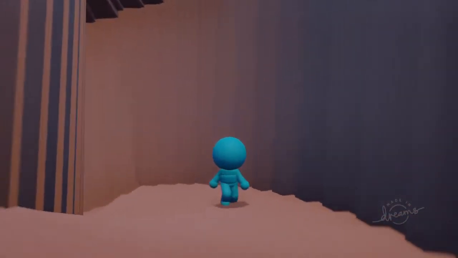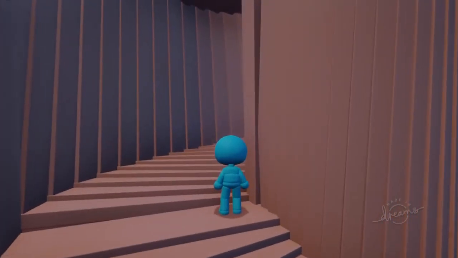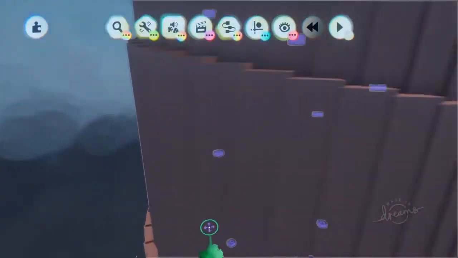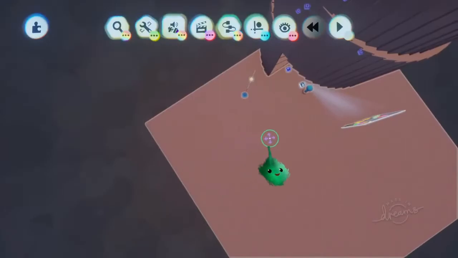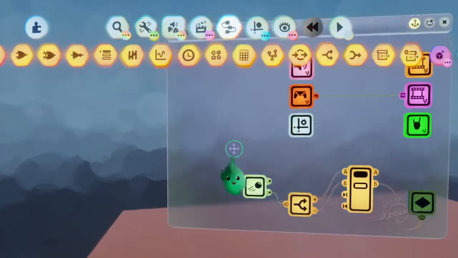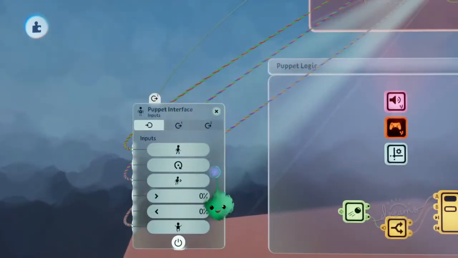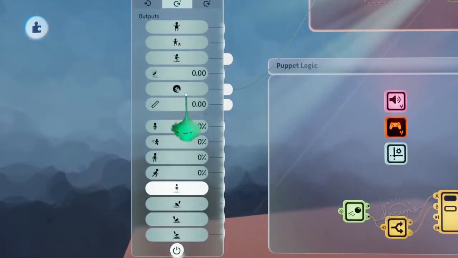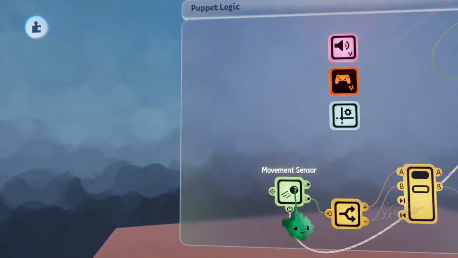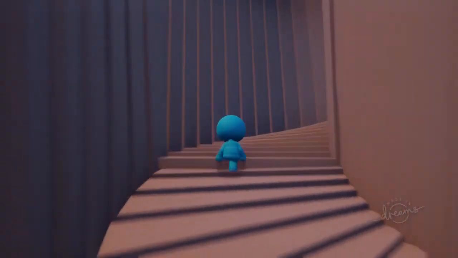But it seems when we... because if you jump and stuff, then it will start turning around again. So maybe we'll say only pay attention to this if we're not on the ground. So if we get a puppet interface, which puppets already have, there is an on ground. So if we're on ground, then we'll see what the movement is and change that. So now we're moving up on the ground,